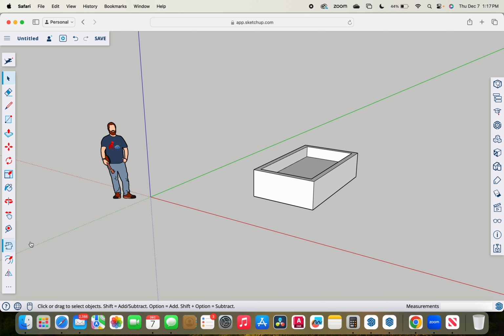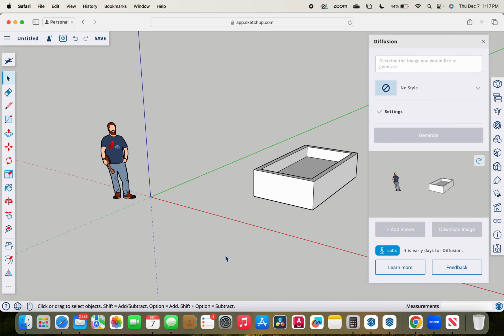So if we open it up here, here's what I first saw. It says diffusion. I literally had a box like this. The little default guy was here holding a ukulele. And it said, describe the image you'd like to generate. My first thought was, oh, this is interesting. You probably type in what you want to see, and it just gives you a model of that thing. So I quickly thought of something complex. So I typed in